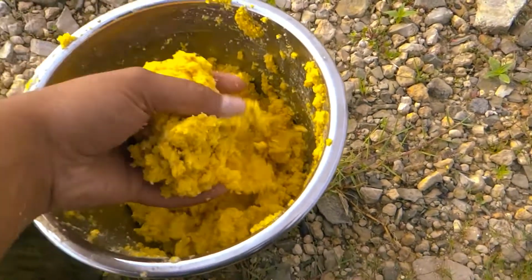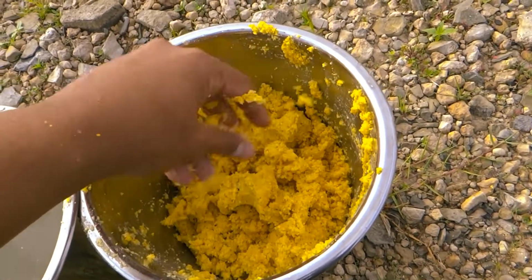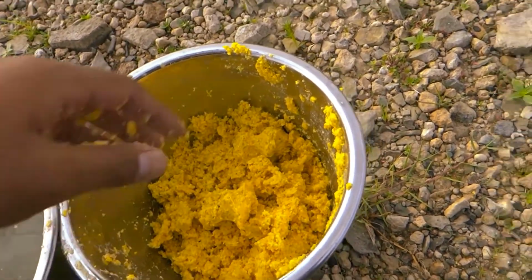I have some mealie bomb. It's been standing for maybe 10 minutes or so. It's like a pop,